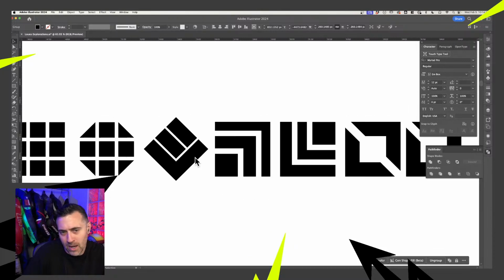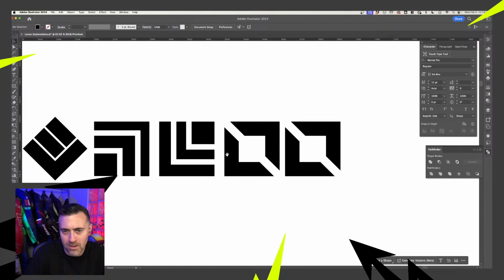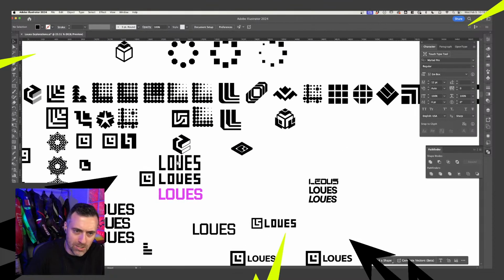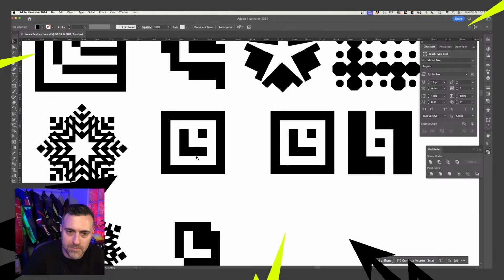Was there a way to have it thick? Does it feel better that way? If we rotate these, does it do anything? And then playing with the negative space inside a square. All these were just different options. But eventually I just landed back at one of my earlier concepts, which was this square, very, very simple,